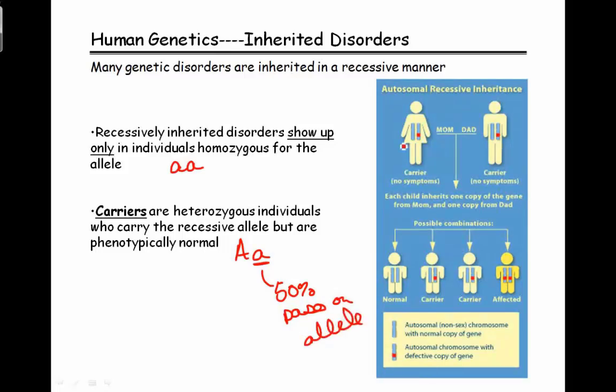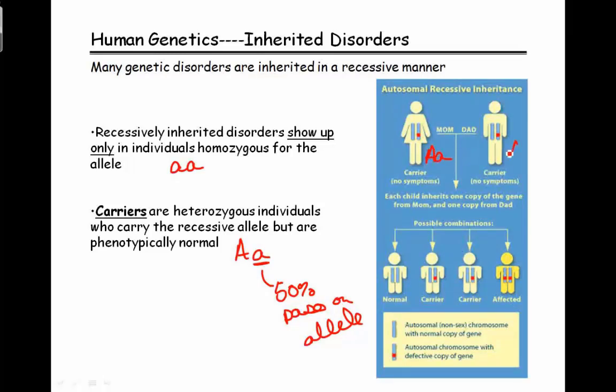If we look over here, when we're talking about genetic disorders that are inherited recessively, most often when individuals have a child with one of these disorders, it comes as a bit of a shock. They don't expect to have a child with a disorder because it has not previously kind of run in their family. If we look here, we've got two parents that are both going to not have the disorder, but